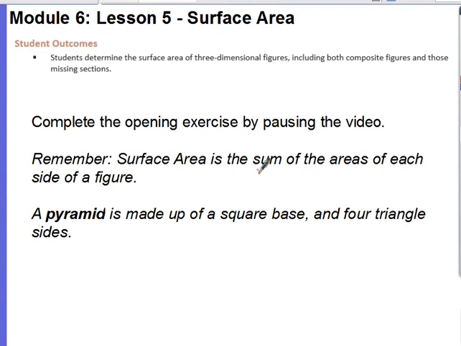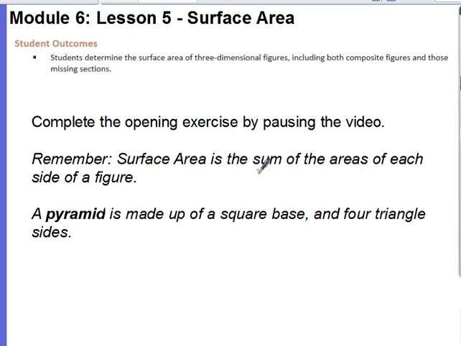Today's lesson is Module 6, Lesson 5, Surface Area. Your outcomes for today's lesson are students determine the surface area of three-dimensional figures, including both composite figures and those missing sections. First, I'd like you to get some review by completing the opening exercise, and what you're going to